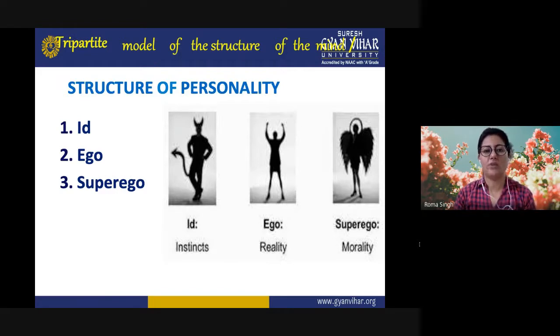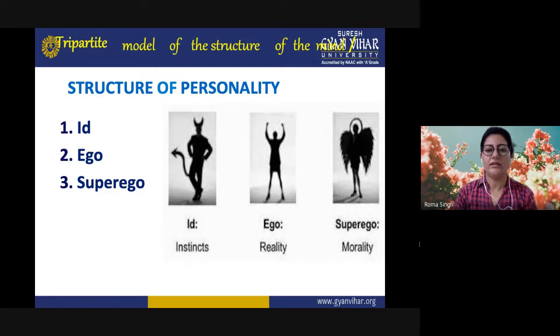So this is the model or the structure of the mind, actually the structure of personality, which is the id, ego, and superego. So here we can see different pictures which are portraying id, ego, and superego. Id is based on instincts. It does not go on morality. It does not see right or wrong. It is based on primal